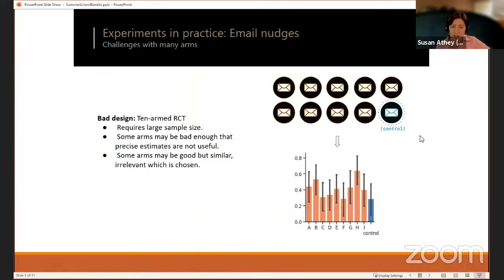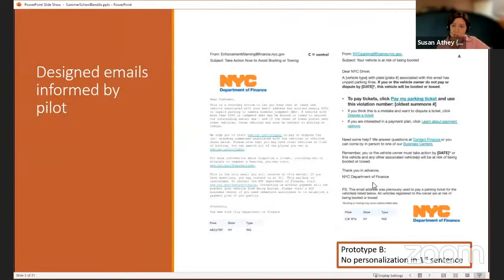Now, if we had lots of different possibilities for an email, and an email is a good example of where there could be lots of different treatments, because if you think about it, there are many components of the email. There's how the information is presented. There's whether or not it's personalized. Each component could have different language. They could have different subject lines. So there are lots and lots of possibilities for an email campaign.